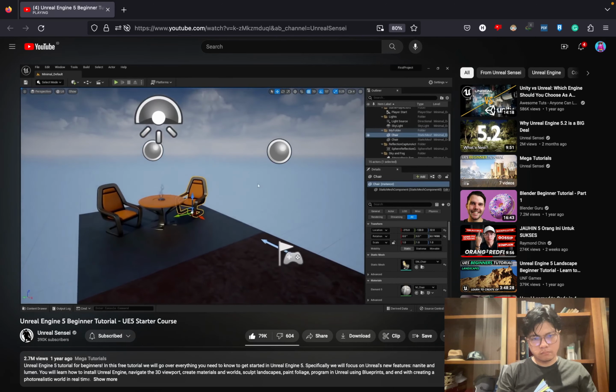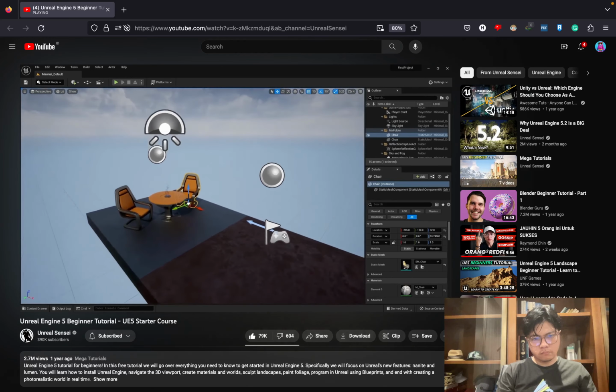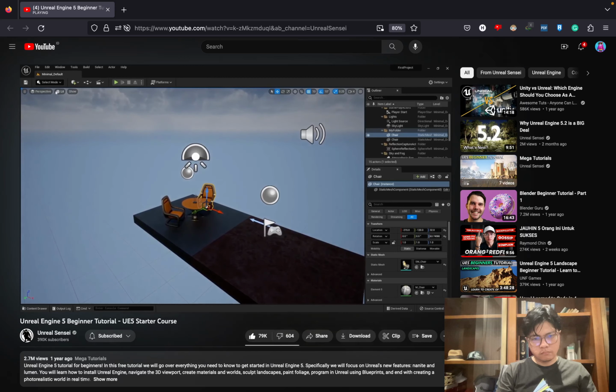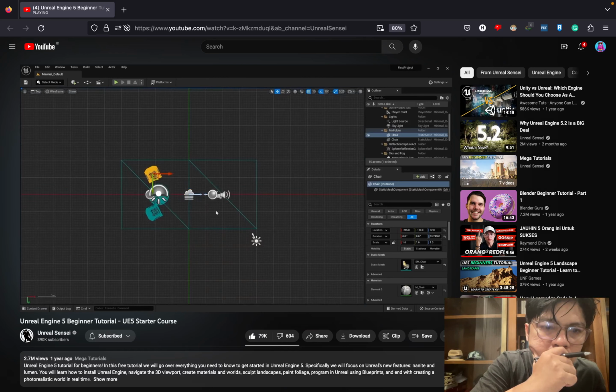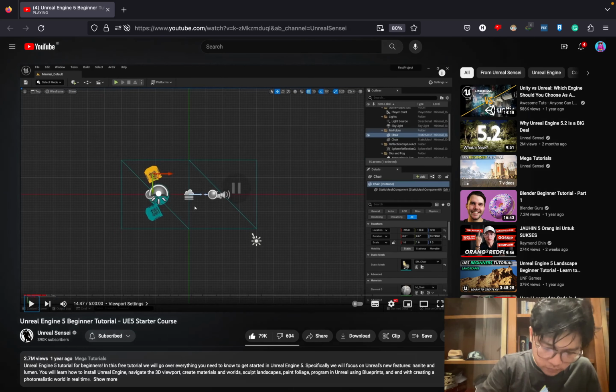Before we move on, let's briefly go over the viewport controls, so we know the different ways that we can view our world. Up here we have perspective. Let's say you want a top-down bird's eye view, then we can click on the perspective button and select top like this. So to control in an orthographic